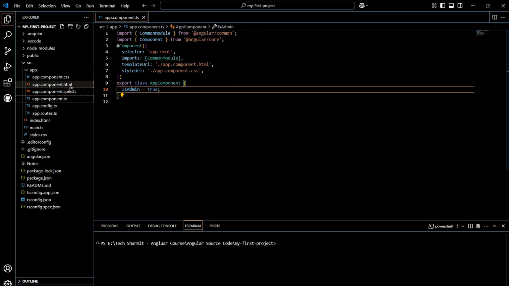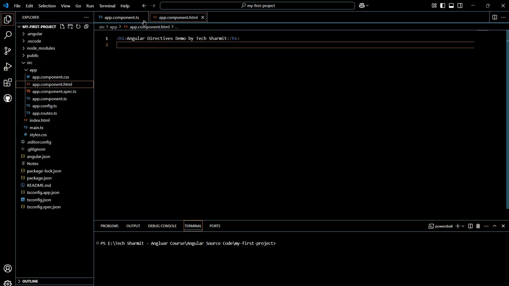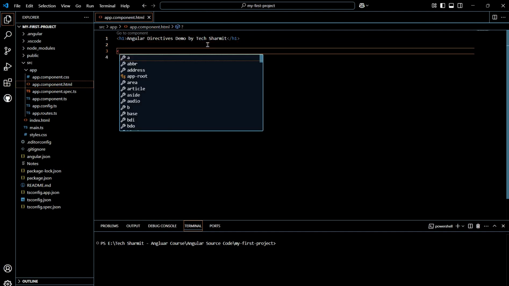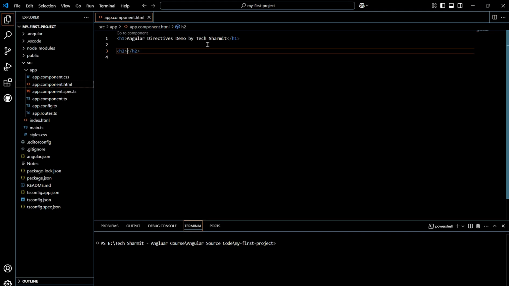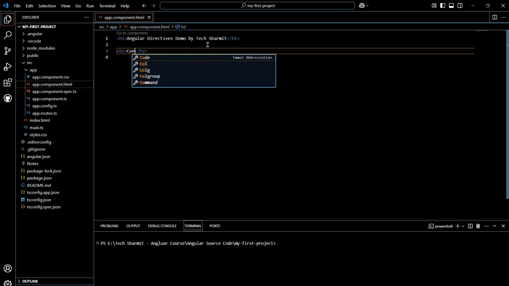Now it's time to go to the app.component.html file. In this file, we will firstly put one heading. Already one heading is there, which is Angular directive demo by Sharmit. Now we will add another heading with h2, and in this heading we will write Angular, or maybe we can write